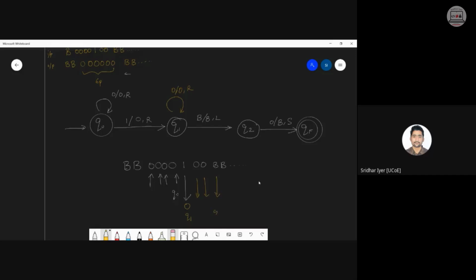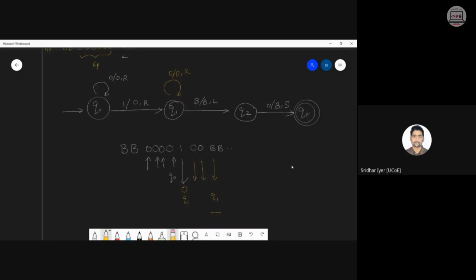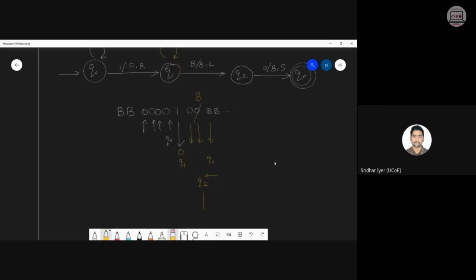जैसे ही blank q1 पे आएगा, I will go to q2. Blank को blank रखेंगे and then I will come back over here in q2. तो q2 पे जैसे ही मुझे 0 मिला, I will convert that 0 into a blank and stop over there. So q2 से I will go to qf and stop. So as you can see, अभी हमारे पास क्या values बचा? I'm just writing it. 0 0 0 0, 1 has got converted to a 0. This is the 0 bit. जो यहाँ पे 0 था उसको blank बना दिया.